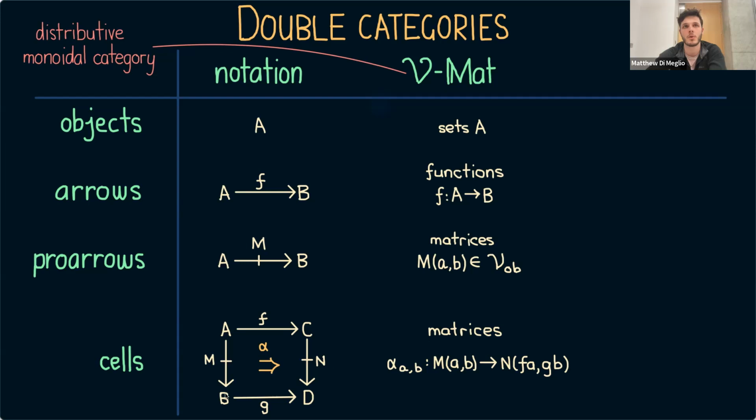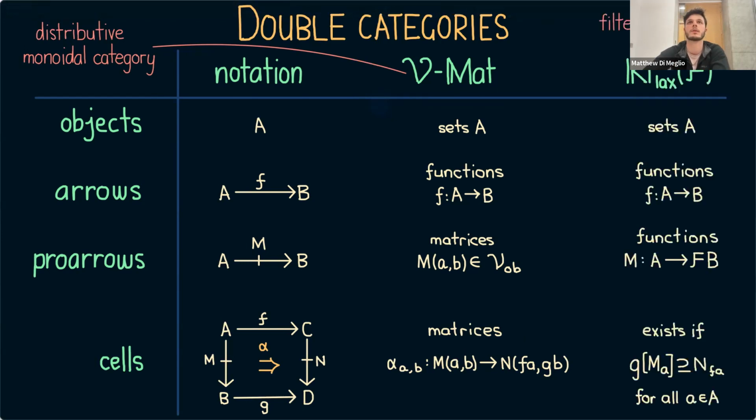So an AB component is a morphism from the AB entry of M to the F of A, G of B entry of N. So this gives us a double category. And as I said, this double category is the one from which we're going to derive various enriched category notions. So the second double category that I want to introduce is the one from which we're going to get the